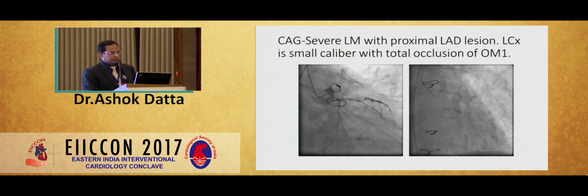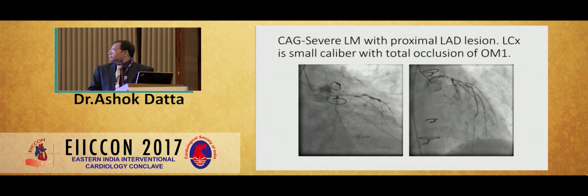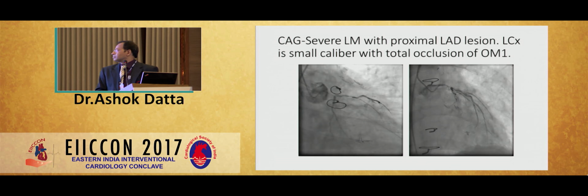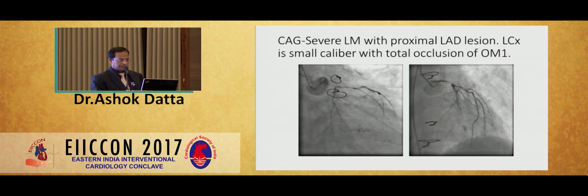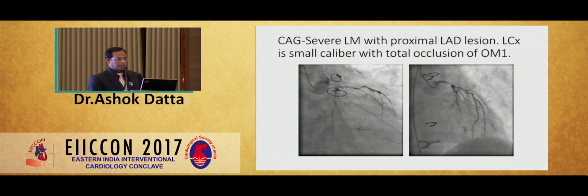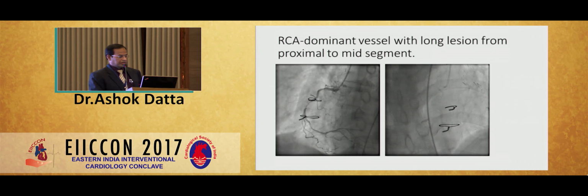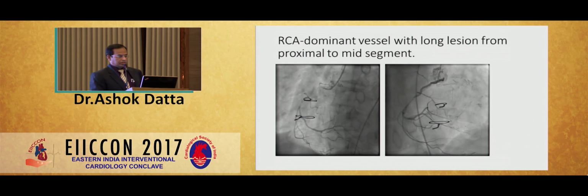So this is the check angiogram. Left ventricle severely reduced. LAD has disease, LCX other than the ostium is free of significant disease, but OM1 is totally occluded from its ostium. This is the right coronary artery, a large vessel,